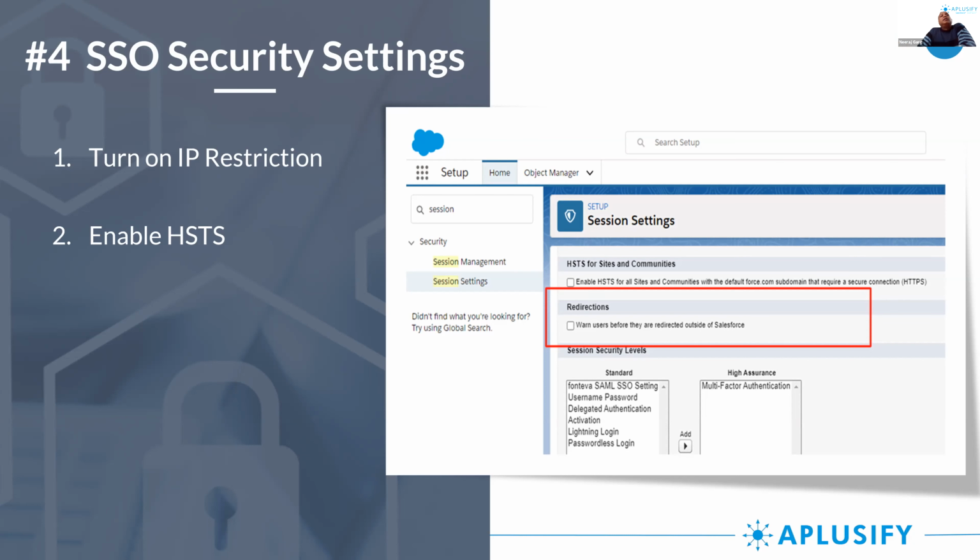So you know that this is a secured website with HTTPS, and you've got a security certificate. It's just a setting that you have to do. You can see it on the screen, where it says enable HSTS for all sites and communities with the default force.com subdomain. So you just have to enable that button, and it's a simple setting. That actually comes up in your Salesforce health check as well once you run that test.